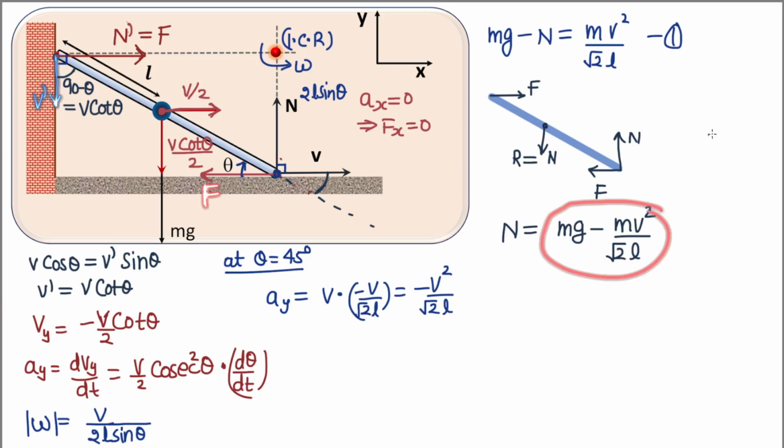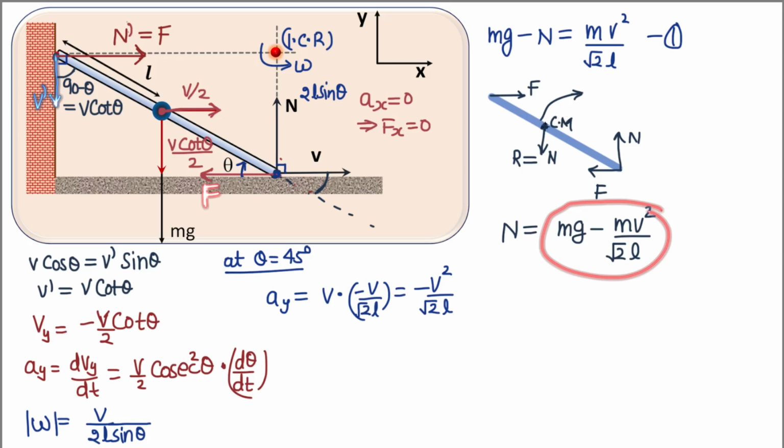Now for the second part, what was the second part? What is the value of this force here? And that part is also hidden in this diagram itself. Since this body is a massless body, not only will it experience zero net force, but it should have net torque equal to zero about this center of mass point, right? And since it is a massless body, any point can be treated as center of mass. So about any given point, the net torque has to be zero, because it is equal to I alpha, and since mass is zero, I should be equal to zero, right?